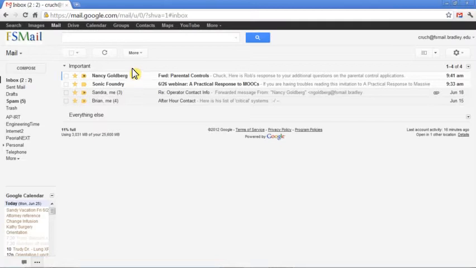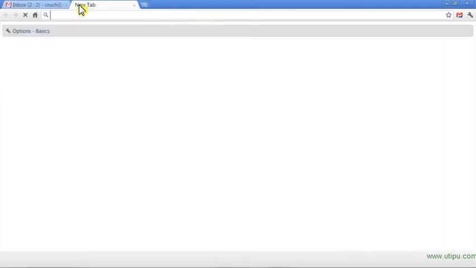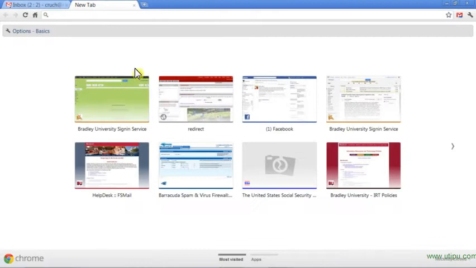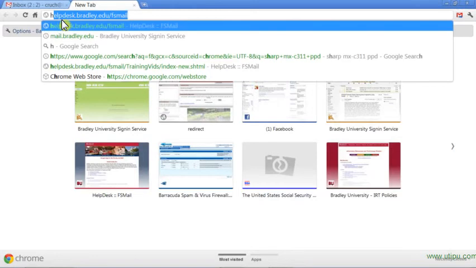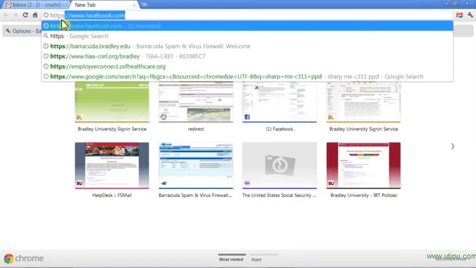One of the things you really don't want is spam to end up in the Barracuda and in your spam folder in multiple places. We'd like to cut down on that and have all of your mails show up only in FSMail. I'm going to go to a new tab here, and up at the top I'm going to type HTTPS, notice the S there,